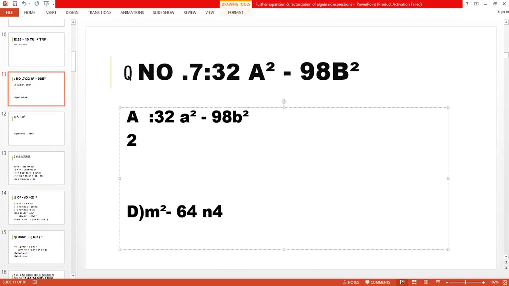Yeah, 2 is common. So you have to take 2 common. In the 2 times table, when will 32 come? 16 times. So here you have to write a square. Okay. Next, 98. In the 2 times table, when will 98 come? 49 times. And you know that this is also a square. 49 is the square of a number. Which number do you have to multiply twice to get 49? I think all of you know it.